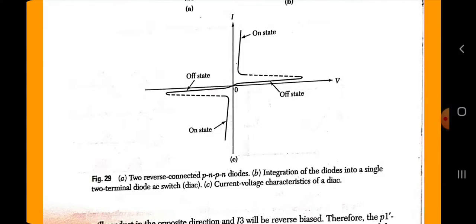A bidirectional three-terminal thyristor is called a triac or triode AC switch. A triac can switch current in either direction by applying a low voltage, low current pulse of either polarity between the gate and one of the two main terminals M1 and M2, as we have shown over here in this figure. The operational principles and the IV characteristics of a triac are similar to those of a diac. By adjusting the gate voltage, the breakover voltage can be varied in either polarity.